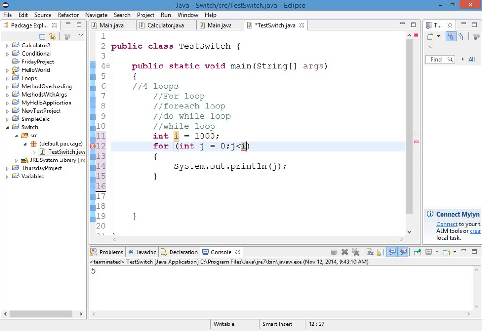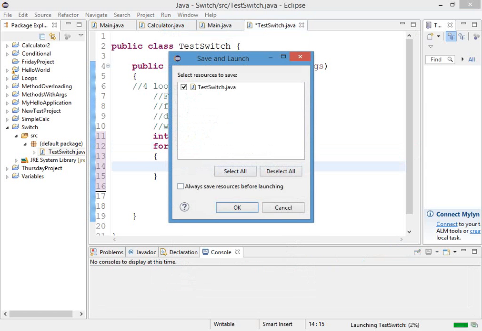The third thing is the increment, right? I must say by what measure j is increasing or decreasing. I could say j minus minus also, but if I say j minus minus, it's at 0 right now, it wants to reach 1000, it'll go further negative and it'll be a problem, right? I could say j plus equals 5 also. So j is going to increase by 5, and each time I'm printing this. See what happens. I'll run it,